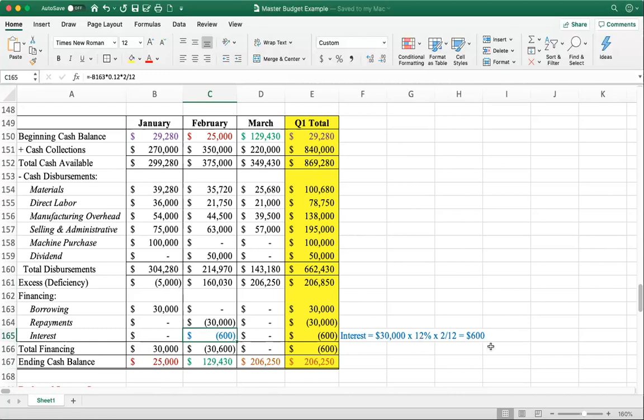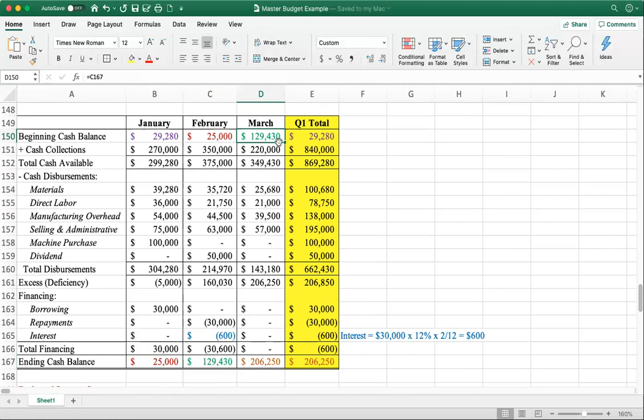This is the annual interest rate. This will give you 600. So $600 you will have to pay for interest. So you take out 30,600 out of 160,030. You will get 129,430 balance, the ending cash balance for February, which becomes the beginning cash balance for March,